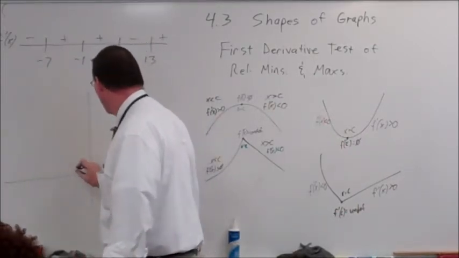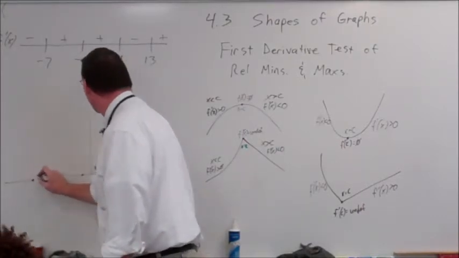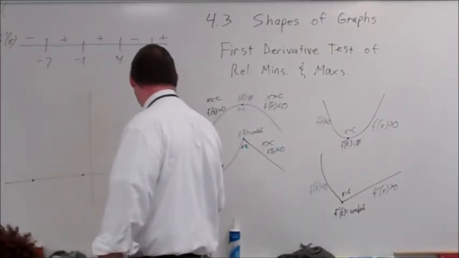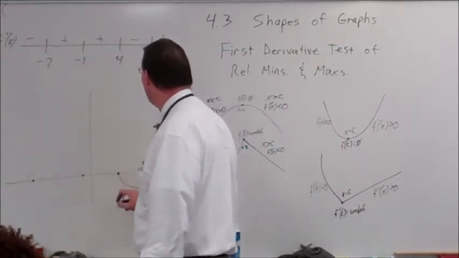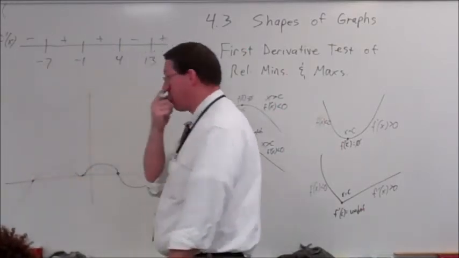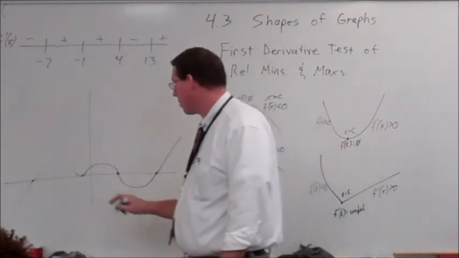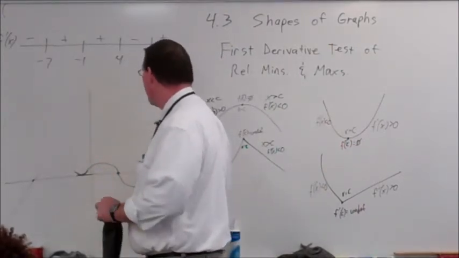Okay, at -1, it's 0. At -7, it's 0. At 4, it's 0. And at 13, it's 0. It's positive here, negative between, positive between, positive between, and negative on the other side. Okay? That's a bounce. Sorry, that didn't cross. It's not supposed to have crossed over. Okay? Now,